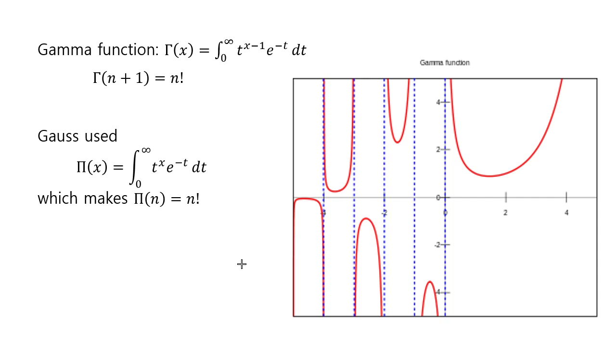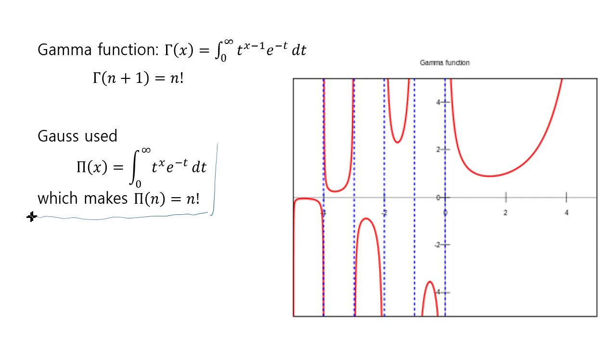Gauss was apparently not so happy with the fact that gamma of n plus 1 is equal to n factorial. He didn't like this, so he shifted it. He replaced x by x plus 1 and defined this as his function pi of x. If you use this definition, then pi of n is exactly n factorial. And that would have been pretty nice too, but